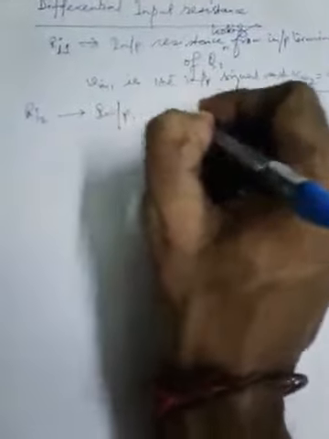Similarly, the input signal source V in 1 may be set to 0 to determine the input resistance Ri2. So Ri2 is likewise the input resistance looking from the input terminal of Q2 where V in 2 is the input signal, and in that case V in 1 is shorted to 0.